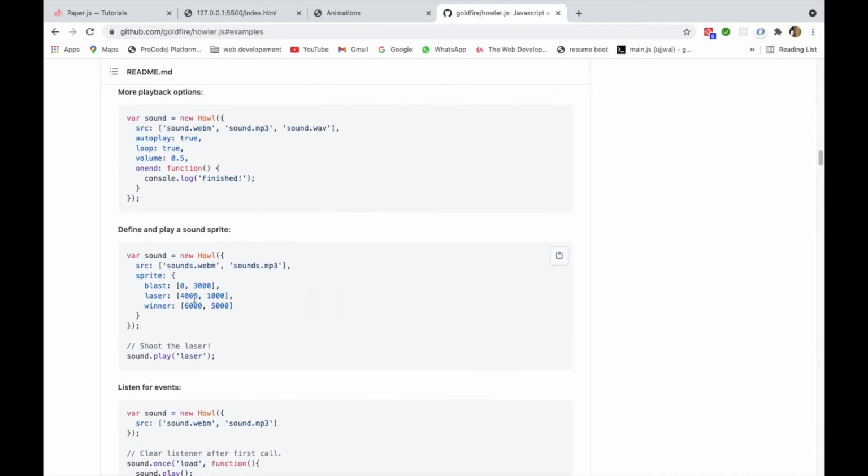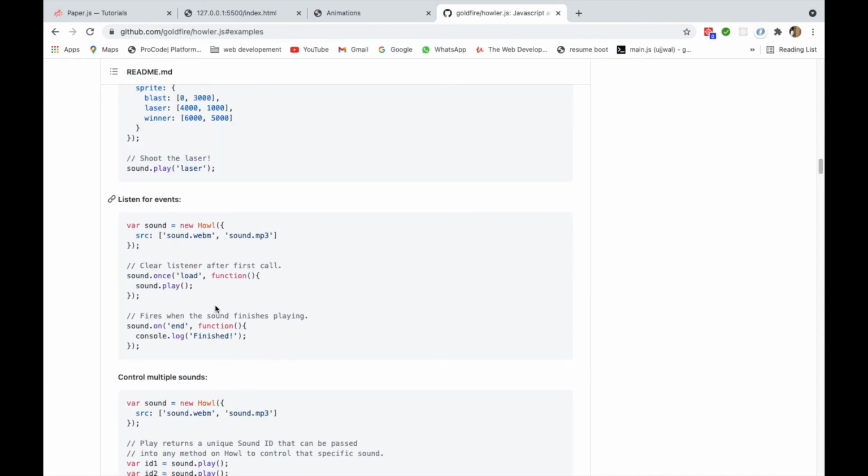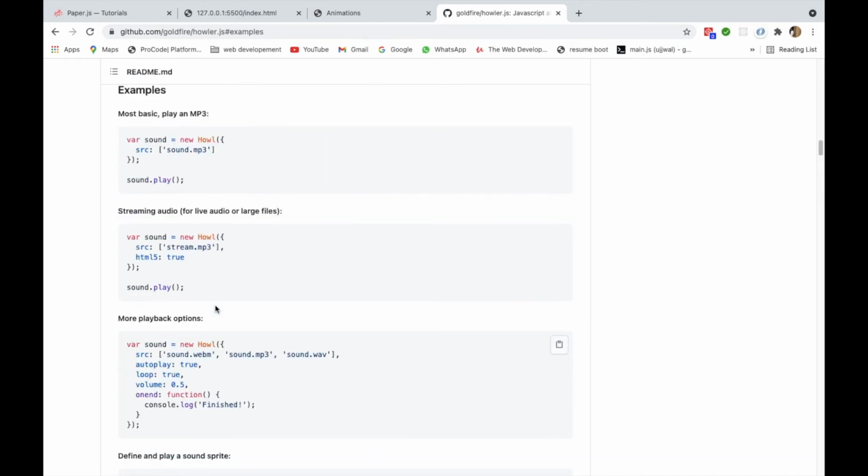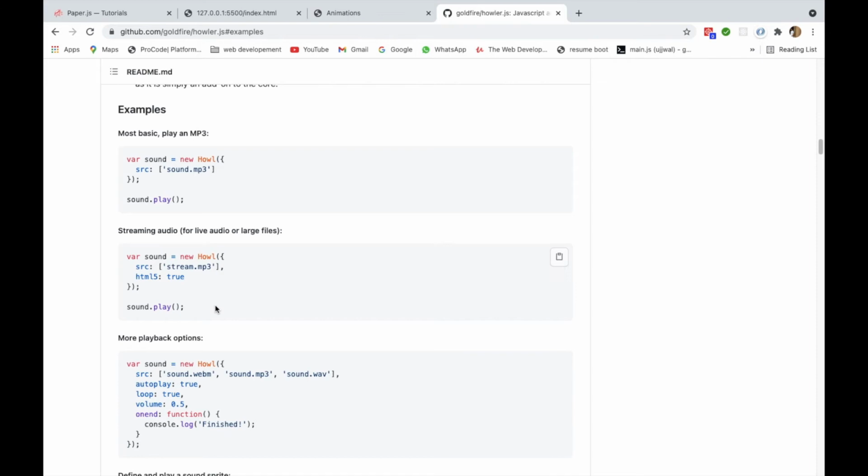You can even create a playlist in here, but what we are focused on is just playing the sound at a particular moment, and that is whenever we press a key. To play a sound, the documentation asks us to create a new instance of Howl, and in that we pass an object with the property src, which is an array of all the sounds that we want to play.